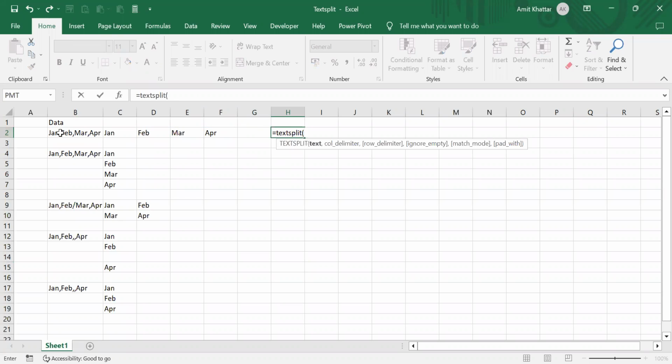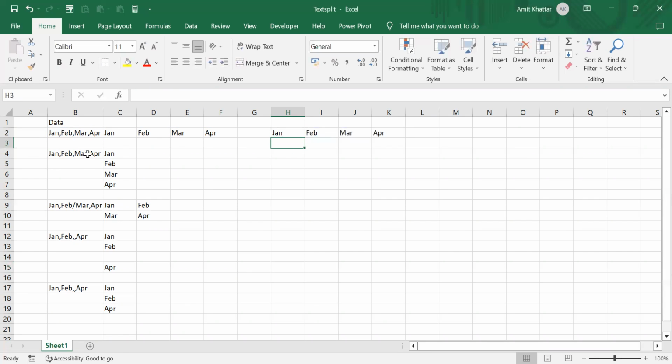now first of all I'll select the text, then I'll put in the column delimiter. Let's say comma is the delimiter. Now if I press enter, the data has been divided with respect to the delimiter across the columns. Now let's say if I want to split it across the rows, then what I'll do is